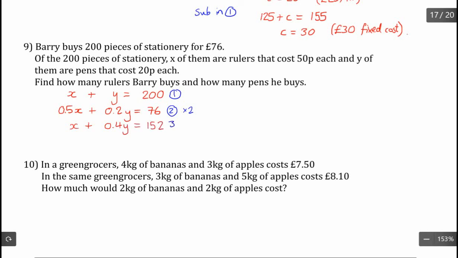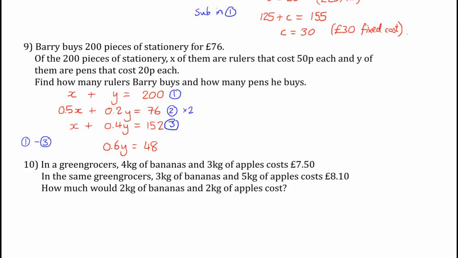Let's call that equation 3. So we're ready to subtract. I'm going to do equation 1, take away equation 3. So the x's are gone. 1y take away 0.4y's leaves 0.6y. 200 take away 152 leaves 48. And to get what 1y is,